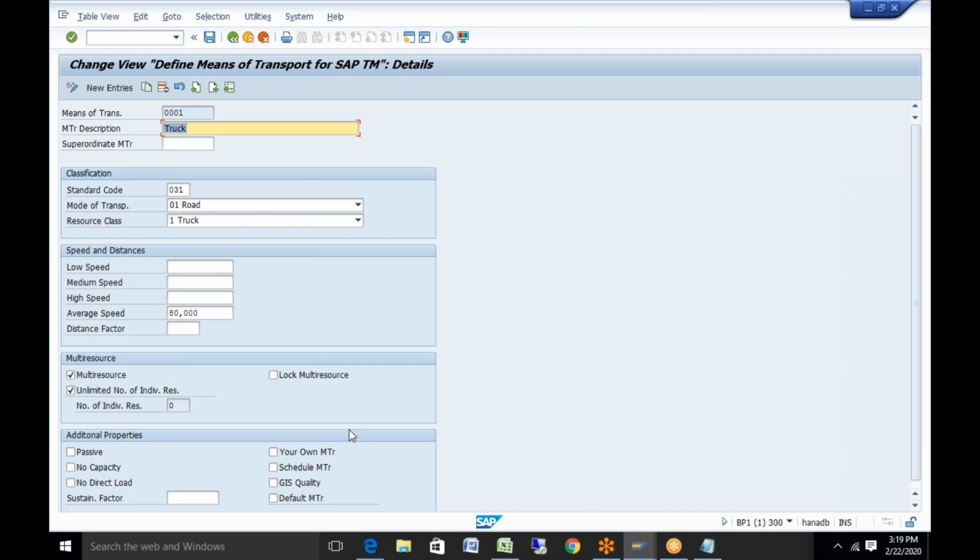So you don't want 2 parallel sessions to happen. In that case only, it is used. So eventually, if 2 trucks are to be used, then 1 truck needs to be locked, so we have to put this check mark on multi-resource. Yes, correct. That 1 truck would be used for another thing, and this would be continuing for our planning. Okay. Yes.